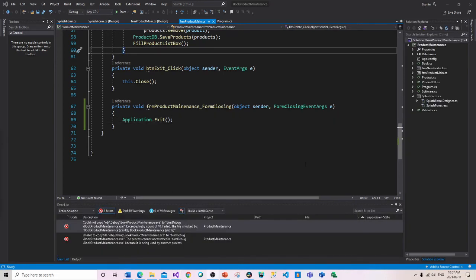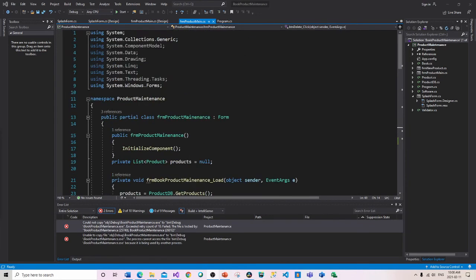Now I'm getting this really bizarre error. And again, it has to do with this book product, the fact that originally I named it book product. The issue really here is that there's something in my solution. So if I go into here